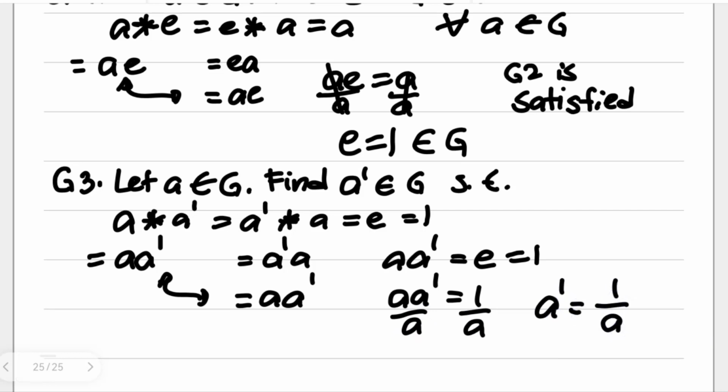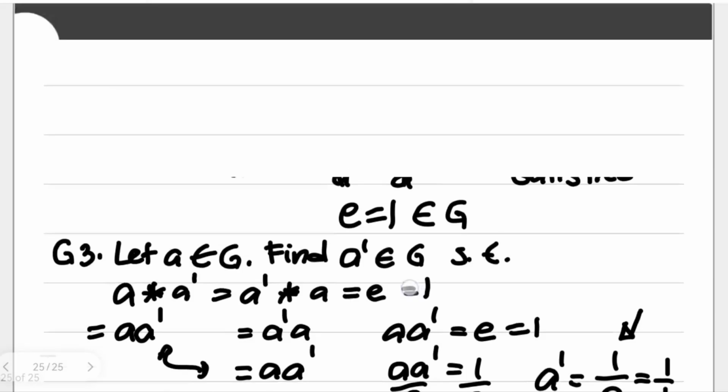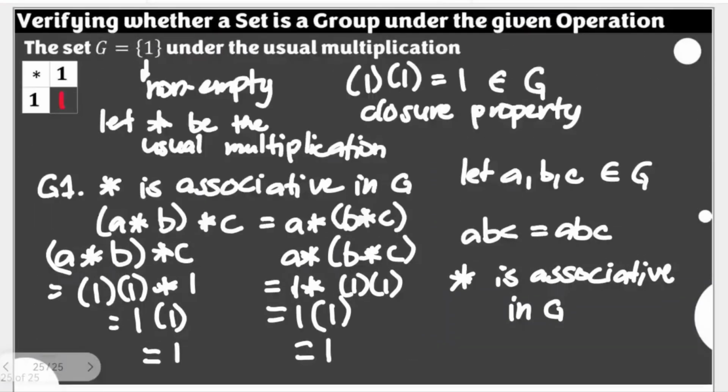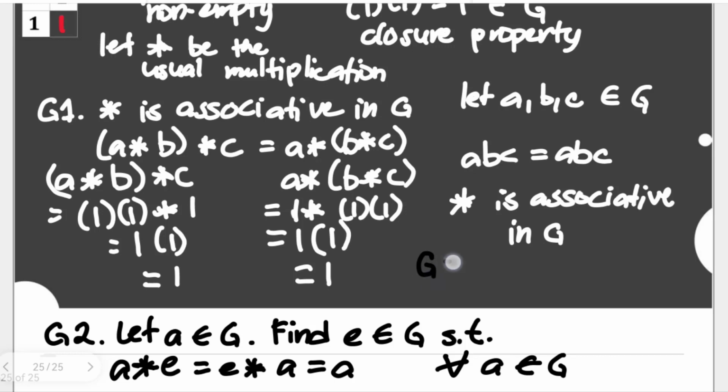Is this an element of G? That's a big question right now. Take note that our A is just 1 itself. So if we have 1 over 1, or in other words, it's just the reciprocal of A, right? So the reciprocal of 1 is 1 itself. So that's 1. This is an element of G. This further shows that G3 is also satisfied. With G3 satisfied, our G2 also satisfied, and associativity earlier was satisfied, we can now say that our set G, which is the set containing 1, is a group